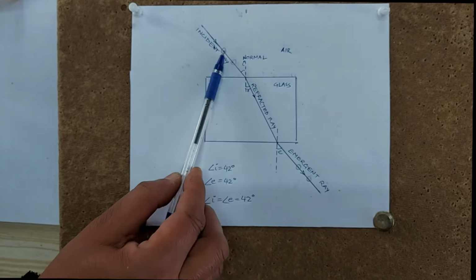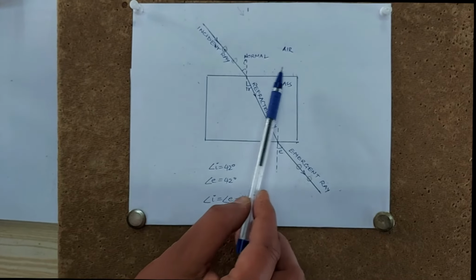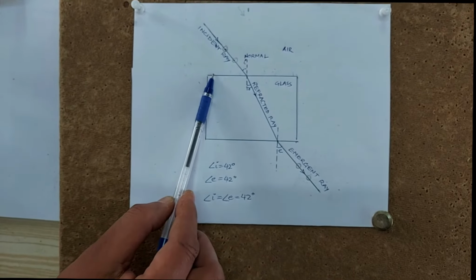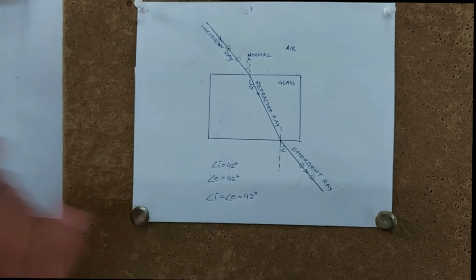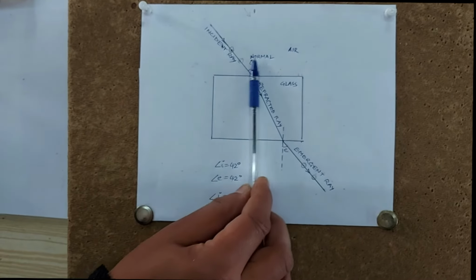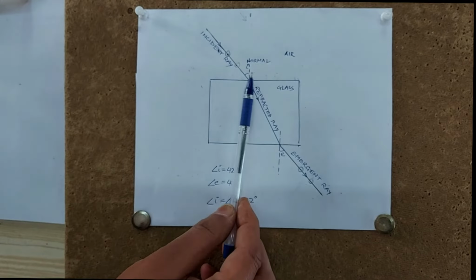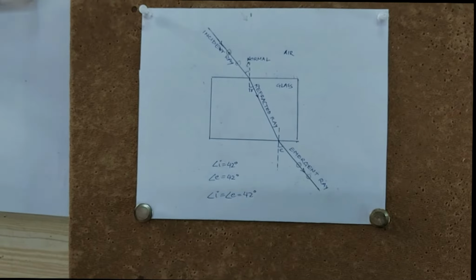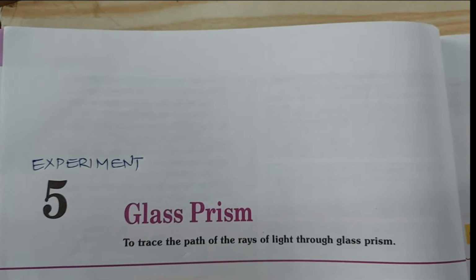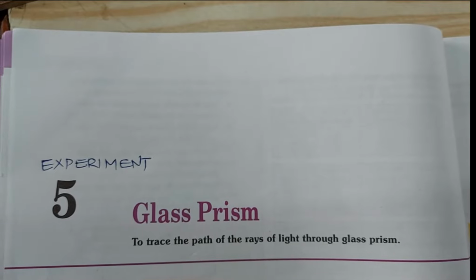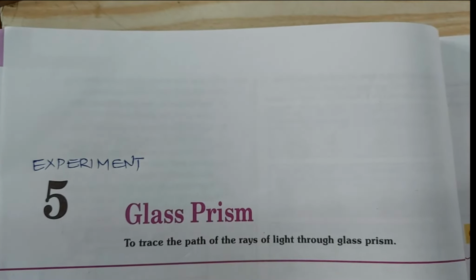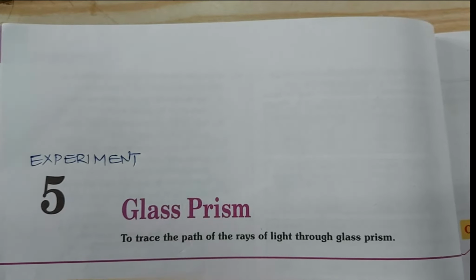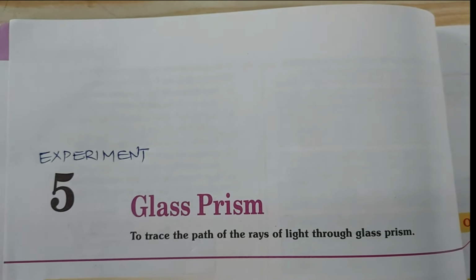And always when you put the pins, don't put them at the corner or at this corner, because then how will the refraction take place? Or if it is at this corner, then you have problems in making the incident ray. So always take it near the center or just before the center of the side of the glass slab. Thank you. Next experiment is with the glass prism. Very simple, to trace the path of rays of light through a glass prism, and you know light always refracts through a glass prism. So over to the observation table.